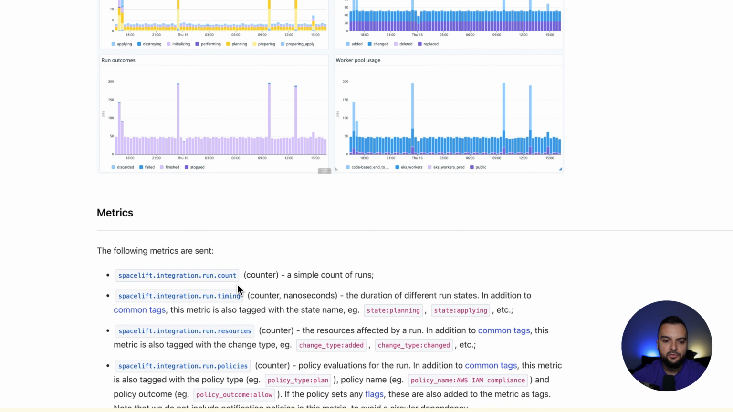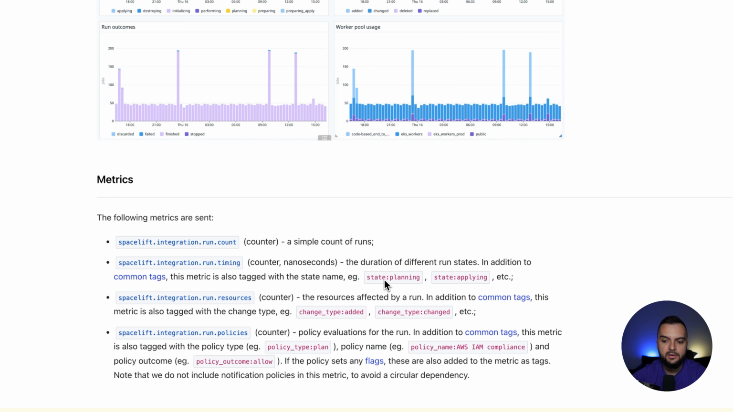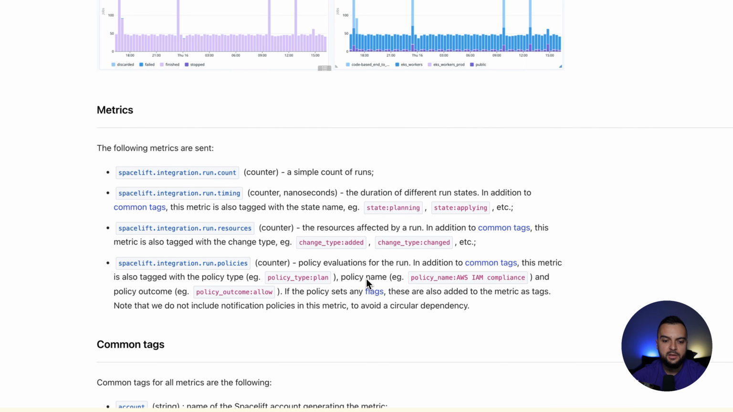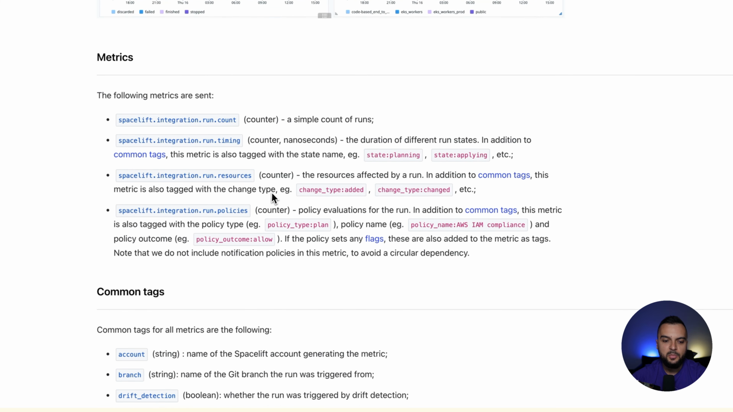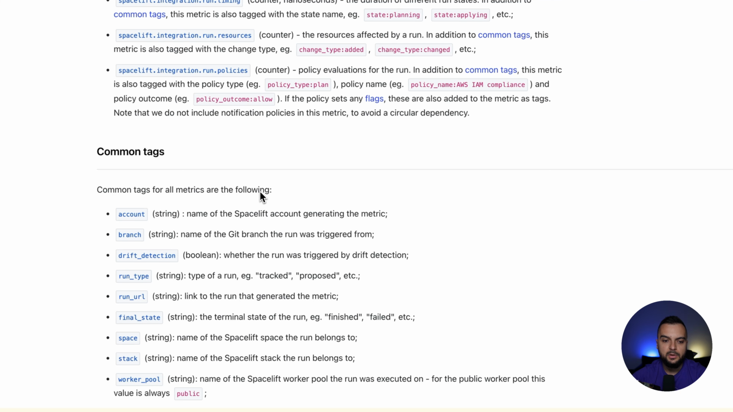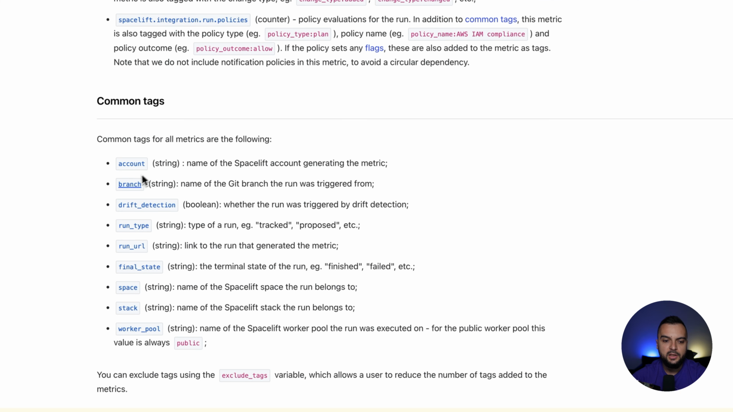These are some of the metrics that are sent, like the run count. You'll get a simple count of your runs, the timing to see how long it takes for an apply run or a plan. Resources as well. You can see which resources have been affected by a run. You can even see what were the policy outcomes. And based on these metrics, there are some tags that are also followed, like the drift detection, so we can see if a run was drift detection or not. You can see the final state of a run, you can see the space, you can even see the worker